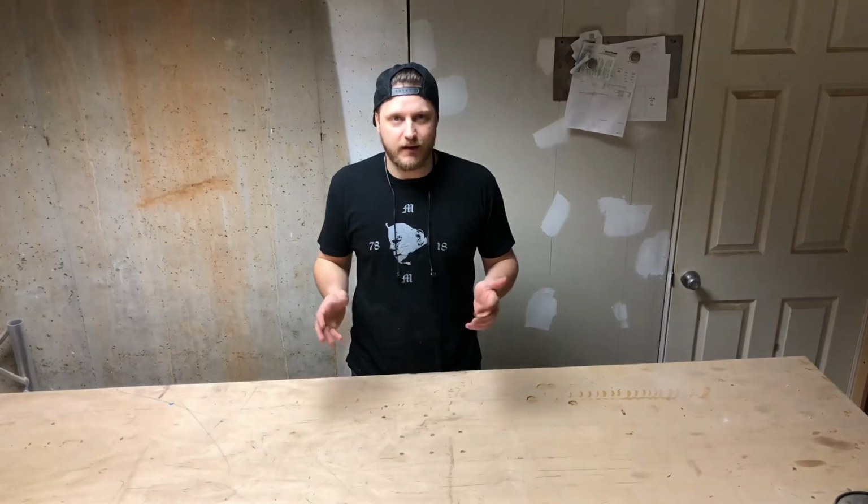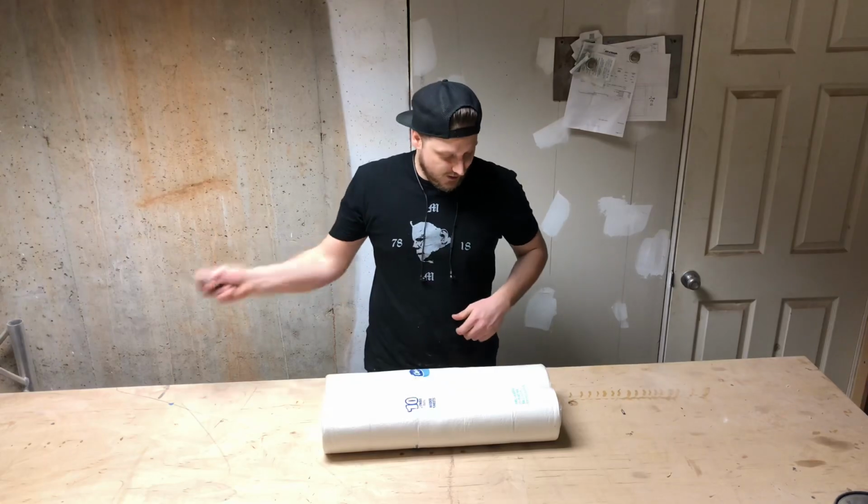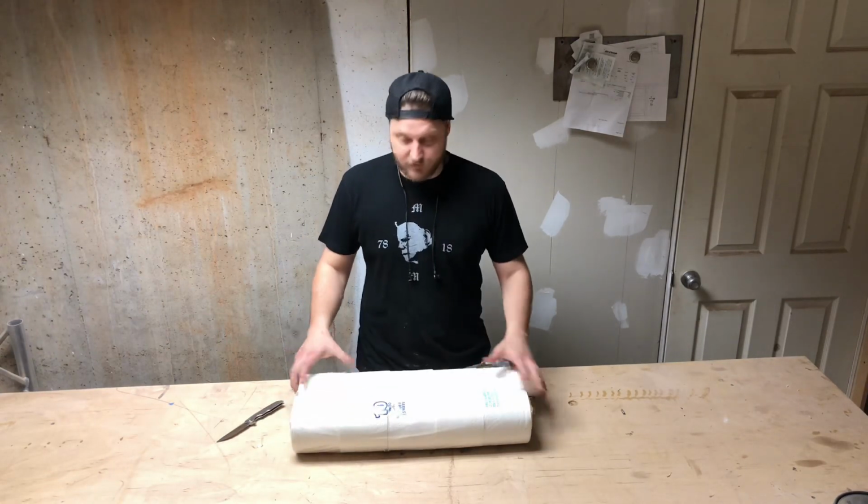Planning on making a toilet paper rack. My bathroom is small and I don't have a lot of room for storing toilet paper. So I've got some toilet paper right here. I was on Pinterest and I saw something really cool that I thought would be a really cool idea for